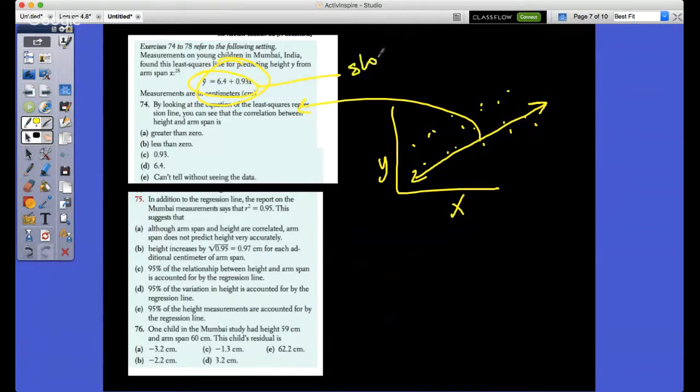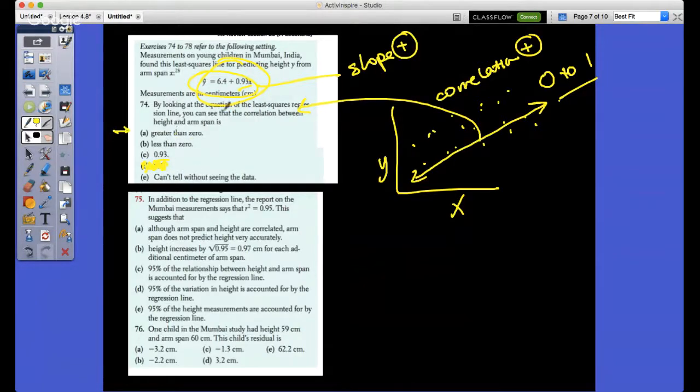Since the slope is positive, we can determine that our correlation is positive, meaning it's got to be greater than 0. It's between 0 and +1, right? That's what this least squares regression line tells me. And by the way, D should be canceled because that's greater than 1, and it's not between 1 and -1, right? So just greater than 0 would be A.